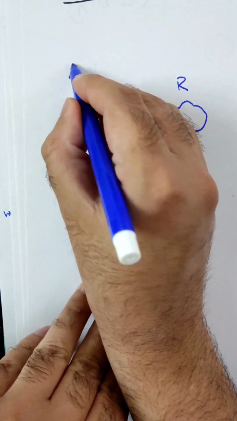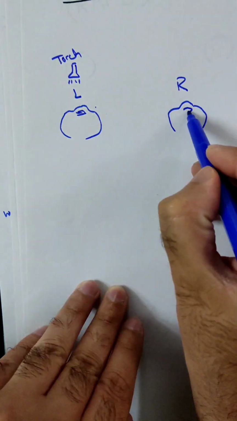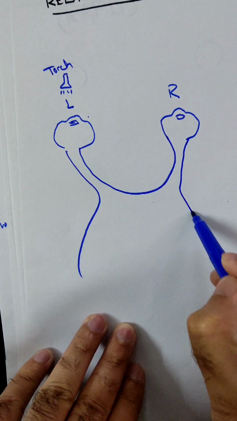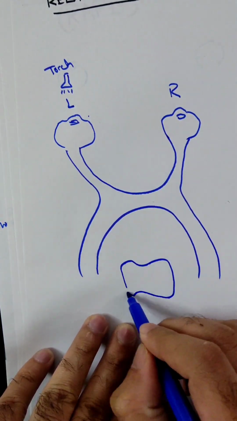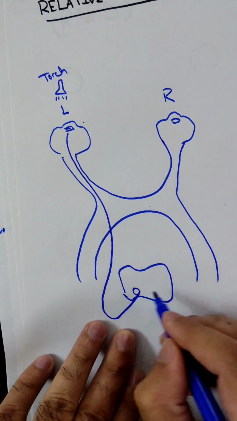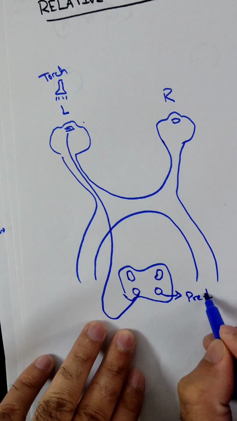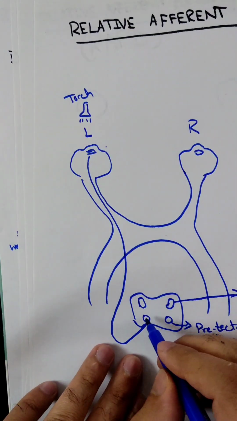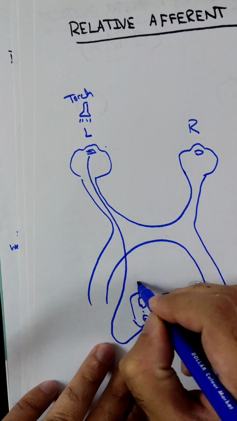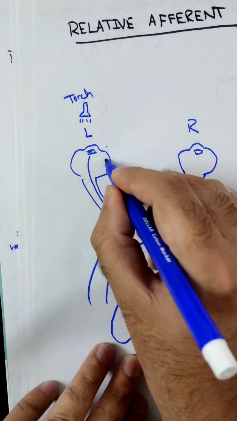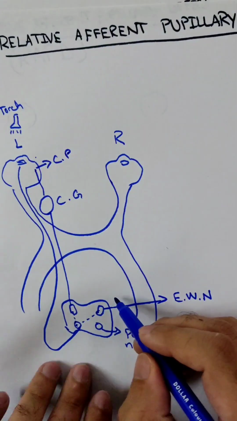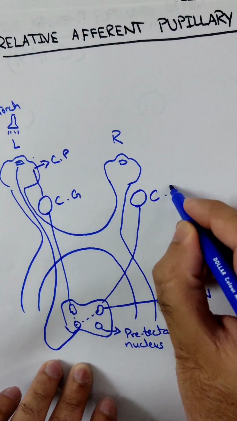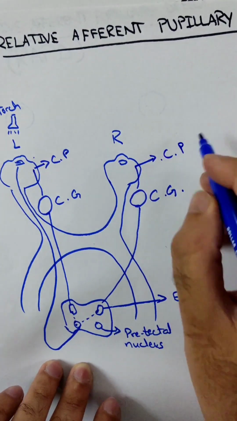So now let's come to the left eye. The right eye showed us that there is no constriction in both pupils, but the left eye has normal afferent fibers in this scenario. Let's take an example in this case. So if the left eye has normal afferent fibers, then the light reflex path will go to the midbrain, and it will innervate both the Edinger-Westphal nuclei,